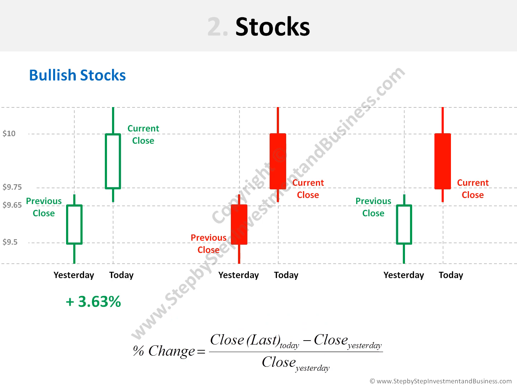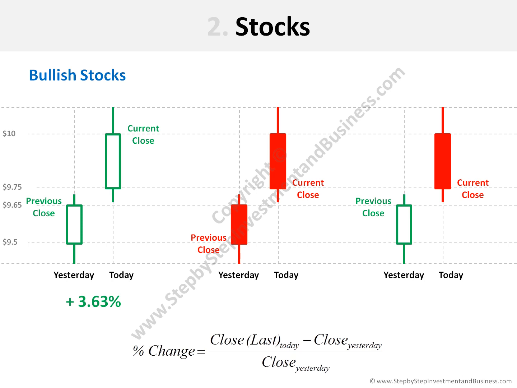So, if we put some values like those we see on the left, 9.5, 9.65, 9.75, and $10, for the first case, the difference is calculated as $10, which is the current close, minus 9.65, which is the previous close, divided by 9.65. The result of this calculation is positive